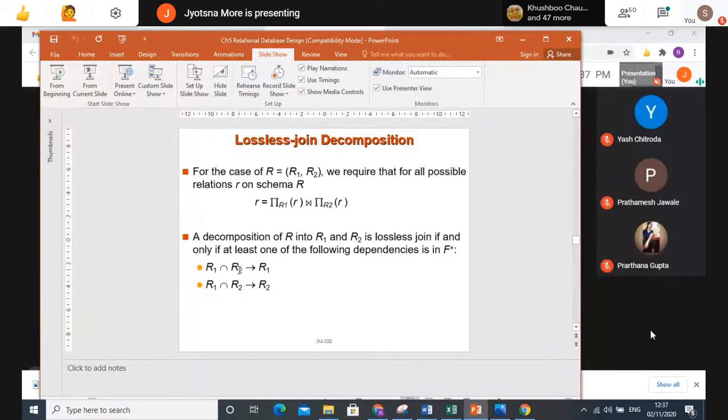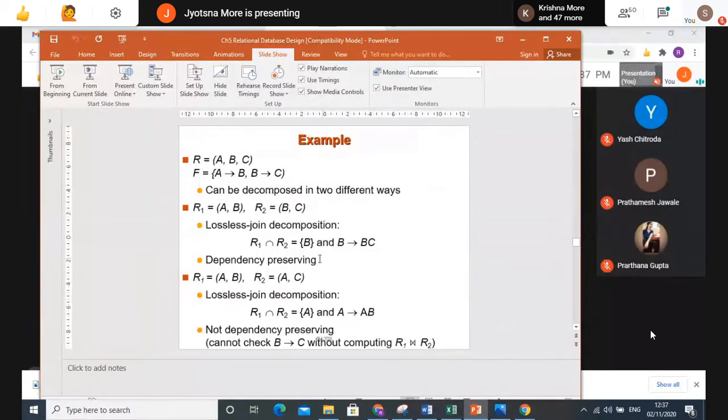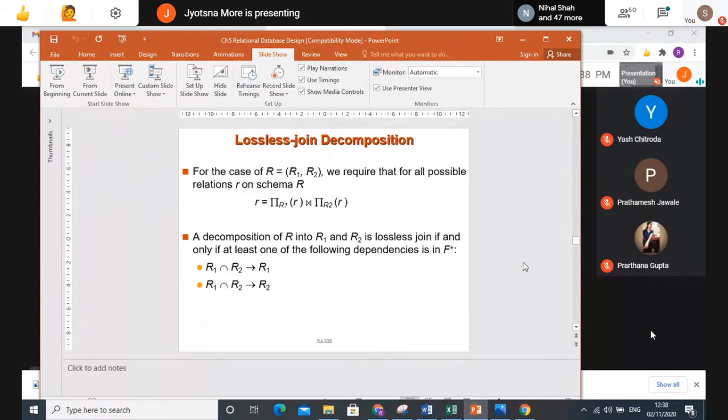R1 intersection R2 we have to find. So as per this, I am doing R1 intersection R2. So this is my R1, this is my R2. What am I getting? Attribute B, right? So B I received over here, which I'm considering as a primary key, present in both. So based on that, I'm saying this is my lossless join decomposition. Still, you should get what is given over here. R1 intersection R2 should give you either R1 or R2.